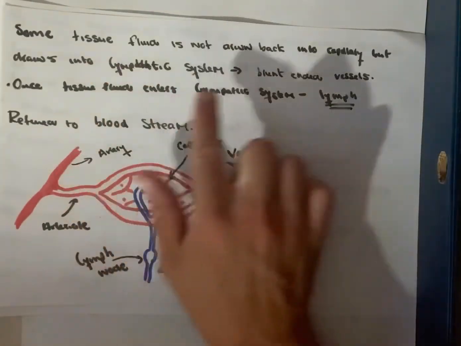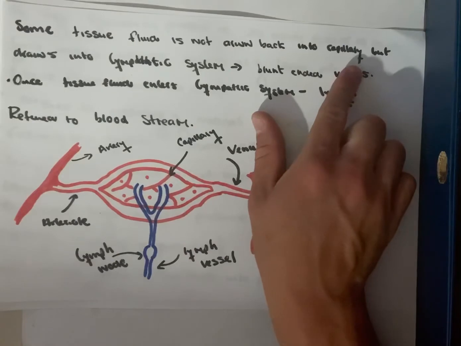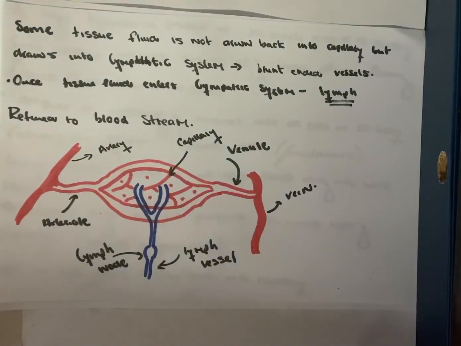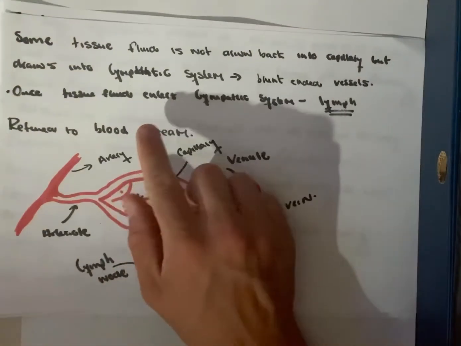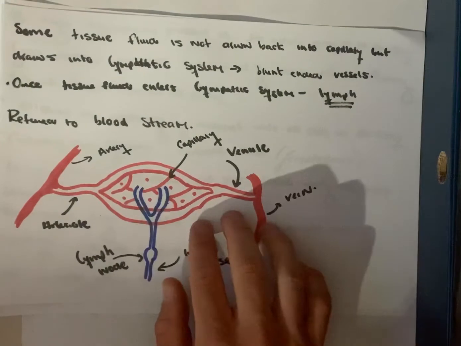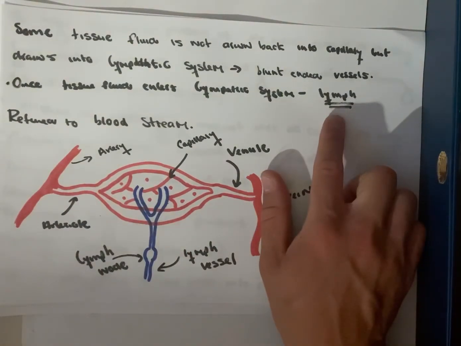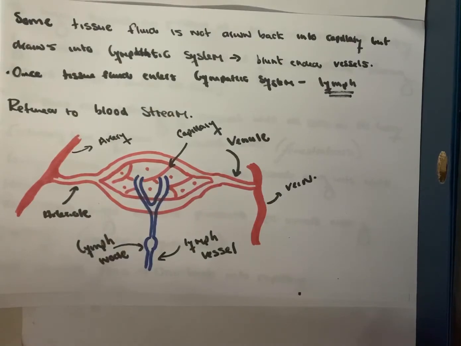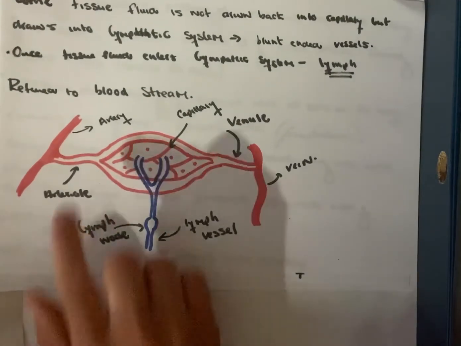However, not all of the tissue fluid is drawn back into the capillary, but the excess drains into what's known as the lymphatic system, into blunt-ended lymph vessels. Once the tissue fluid enters the lymphatic system, it becomes known as lymph, and it's then returned to the bloodstream via the blood vessels. What happens is you've got the artery,